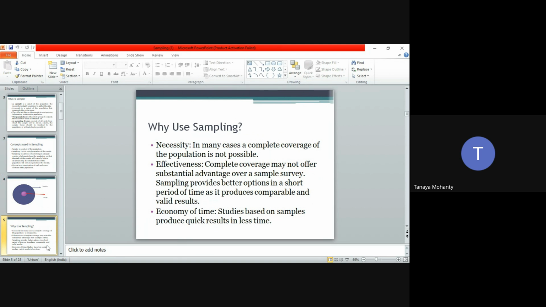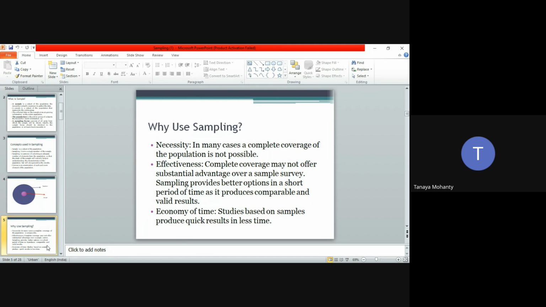Say, I'm trying to conduct a study in Odisha. So Odisha has 30 districts, it has so many blocks, and it has so many people. I cannot go to each household and knock at their door and try and collect data. So for that, when the universe is quite vast, I will try to pick up my sample so that the sample represents the entire universe.